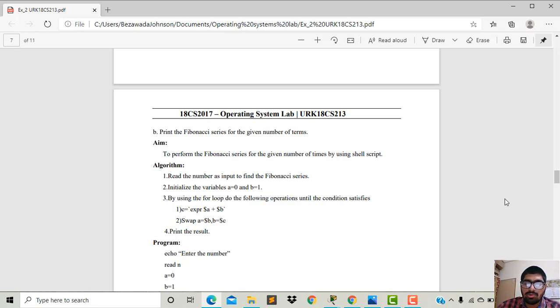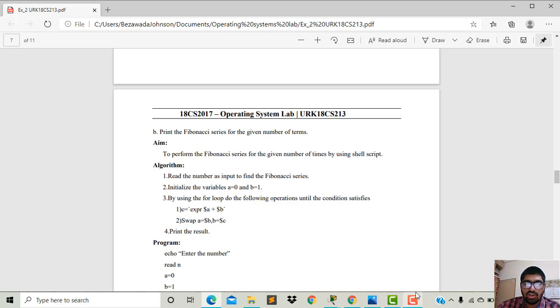For example, if the numbers are 0 and 1, to perform the next operation we add the two numbers to give the next number. The sum of the preceding numbers is known as the Fibonacci series.